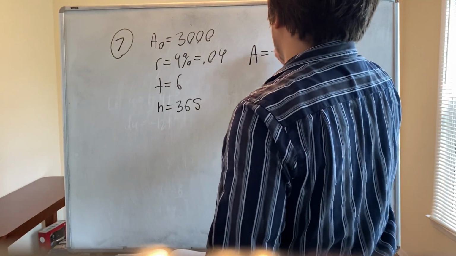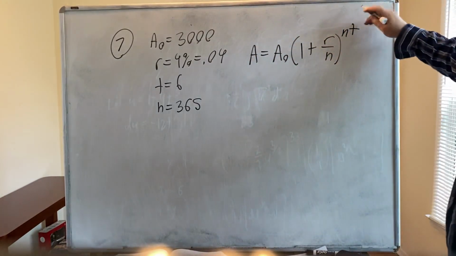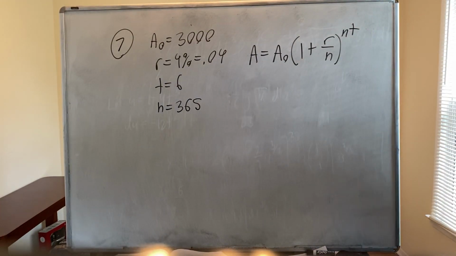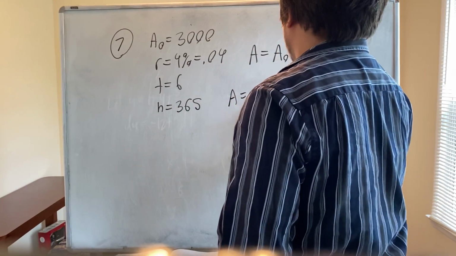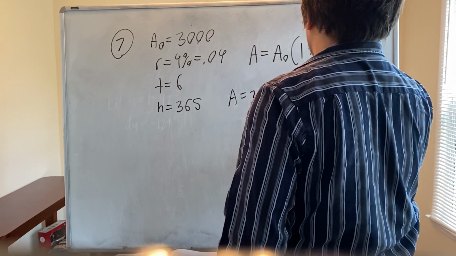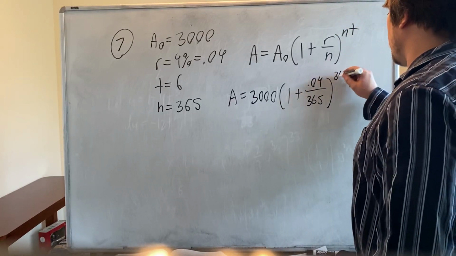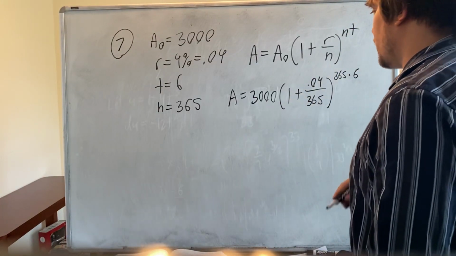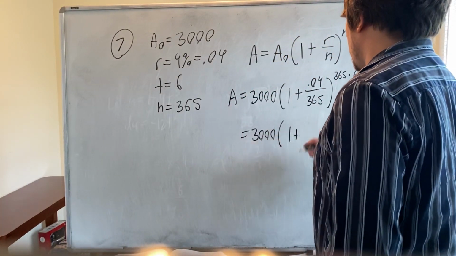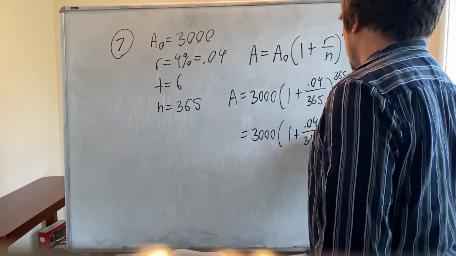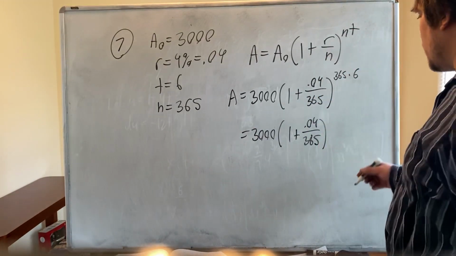The formula is the final amount A equals the initial amount A naught times 1 plus R over N, to the N T. So you just plug in. A is equal to the initial amount, 3,000, times 1 plus R, 0.04, over 365, raised to the 365 times 6, the number of years. So this is equal to 3,000 times 1 plus 0.04 over 365, raised to the 365 times 6, which is